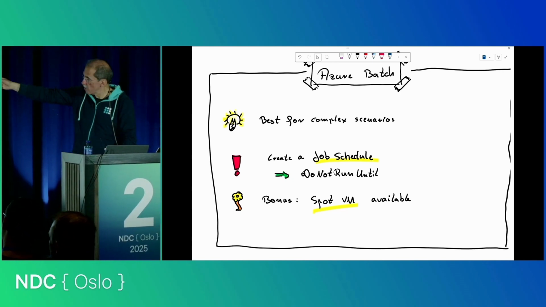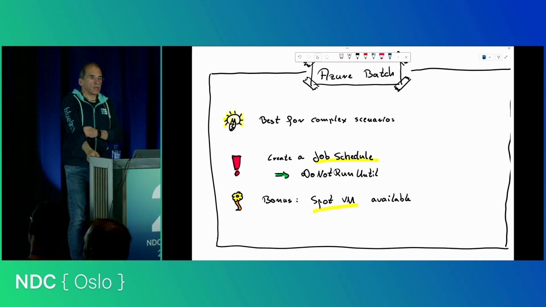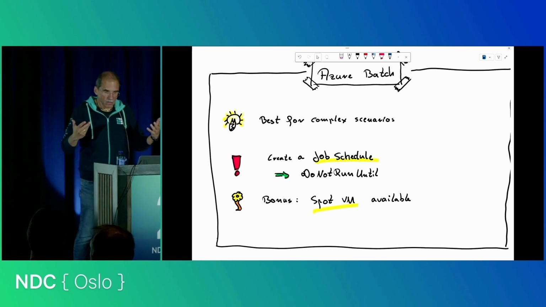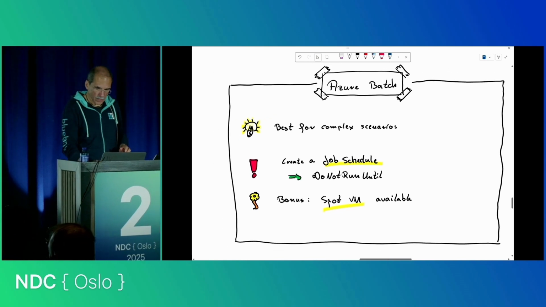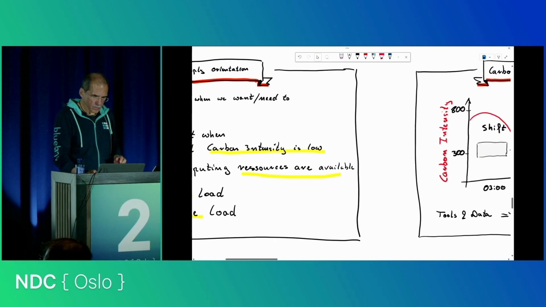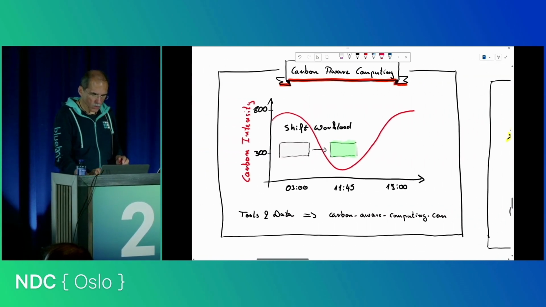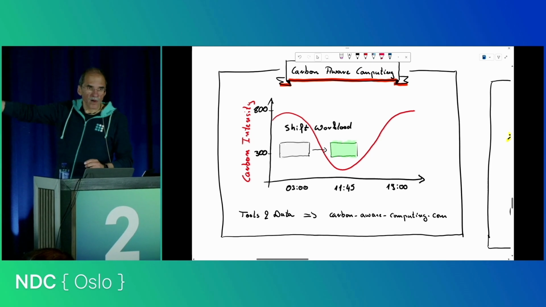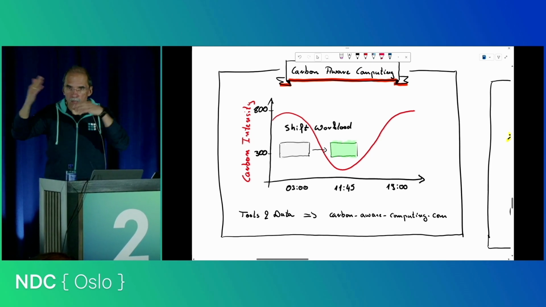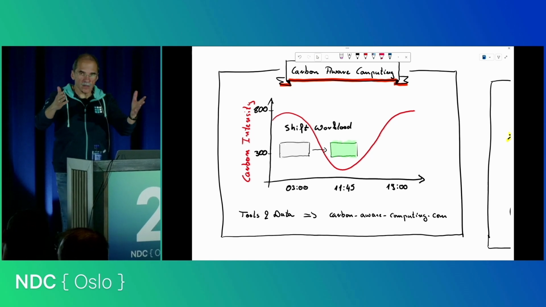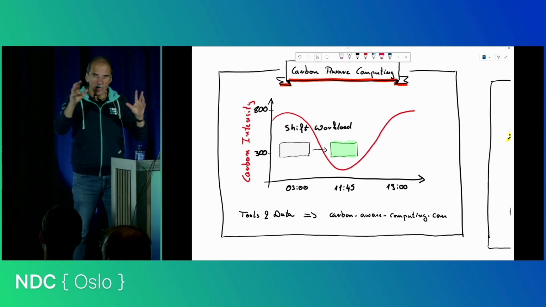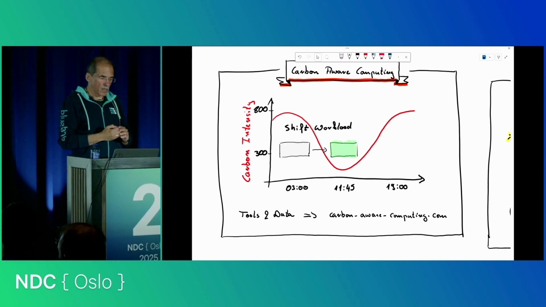And Azure Batch is the more complex use case, but it's going. So, got it? Go to carbon-aware computing. You find the tools for a lot of stuff. There is also a public API. There is a running web app, so you can ask it. It's compatible with the carbon-aware SDK.